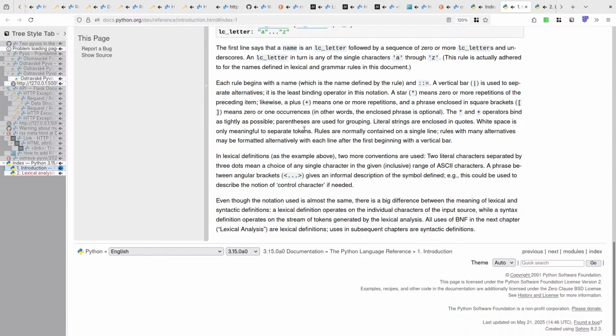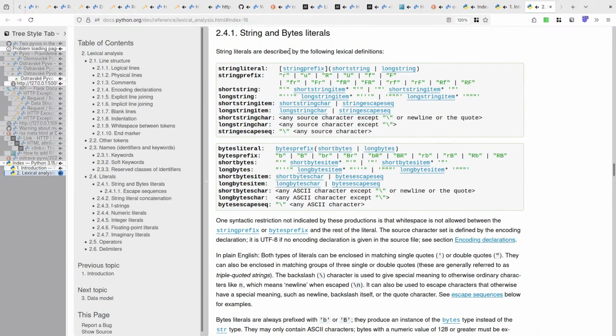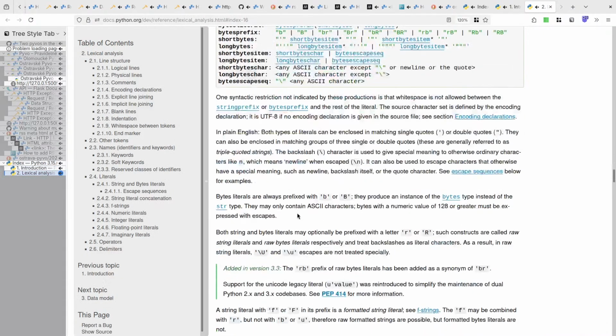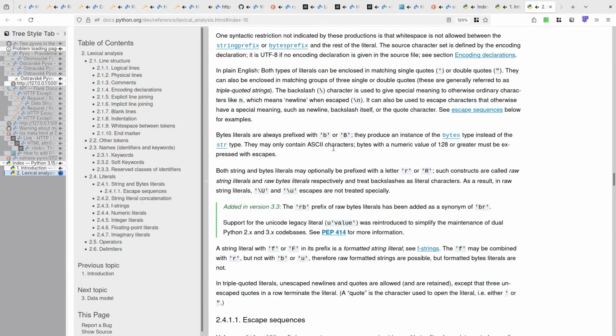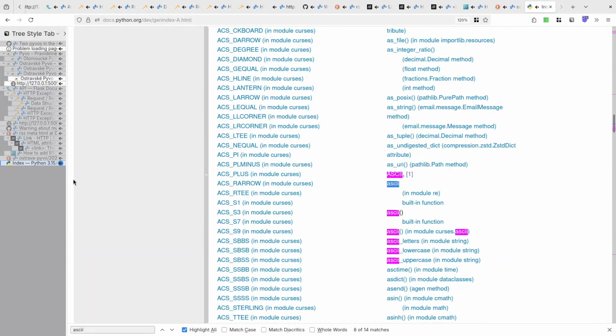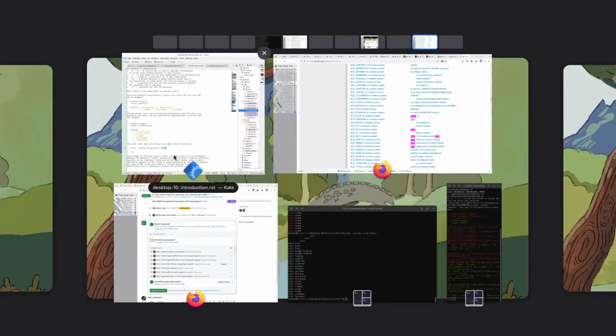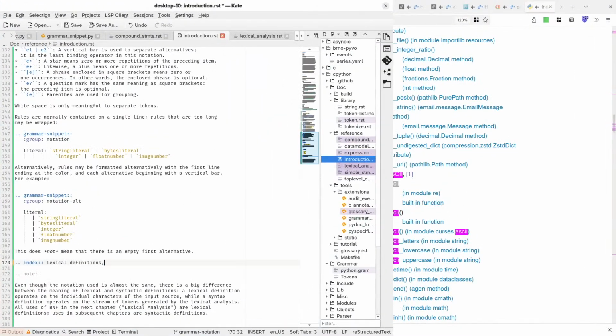And this is supposed to define what ASCII is. Well, it doesn't do that. It's like a reference to ASCII. So I don't think we want to put this thing in the index.